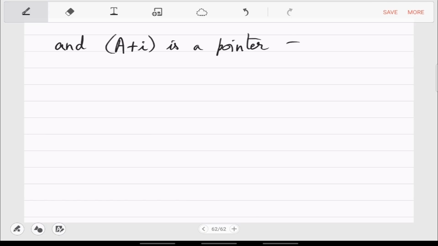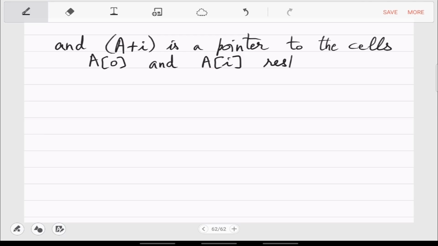Pointing to what? To the cells. The first one is pointing to A0, wherever this A0 space is, either in RAM or in the hard disk, and A plus I is pointing to A bracket I respectively.